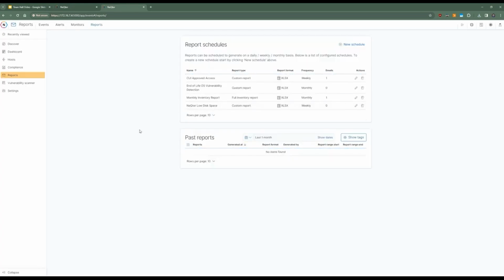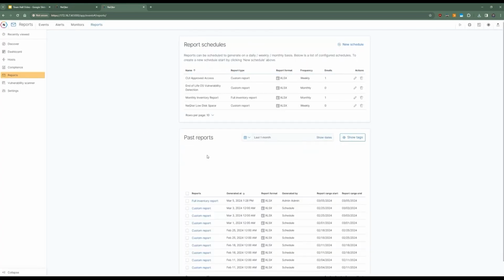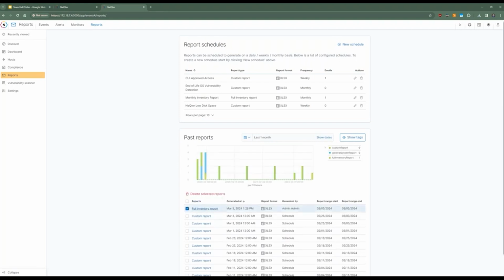That inventory report, once this loads, is going to be right here. Snapped moment in time, and I can download that off of here as often as I want to. And when it runs monthly, it's going to get listed in here as well. And again, all of the data that is comprised in that report is getting stored in here in perpetuity, unless it gets deleted by a user.